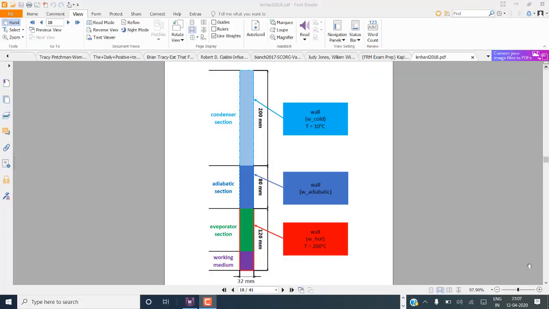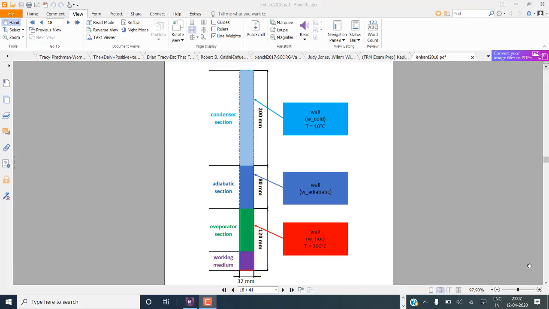Hi guys, in this video we'll discuss the simulation of a heat pipe in ANSYS Fluent. A heat pipe has three main sections: the condenser, adiabatic and evaporator sections. We have evaporation at the evaporator section and condensation at the condenser section, so they have a vice versa motion and it gives continuous heat transfer between evaporator and condenser. As it evaporates, it condenses in the condenser section, comes back to the evaporator, and the process repeats.